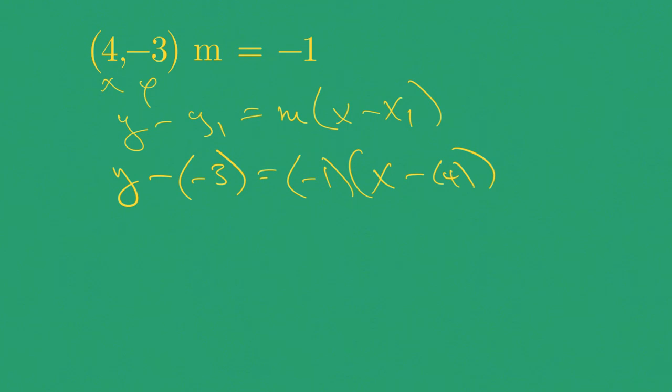Now, caution right here, okay? Guys, anytime you plug in a negative number for an x or a y, you're going to get a sign change. Look what happens right here. Y minus -3. That minus a negative becomes one big plus sign. Because this point-slope form has built-in minus signs, if you plug in a negative x or y value, anticipate a sign change. This is now going to be y plus 3